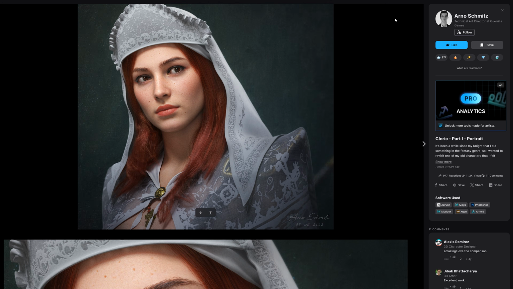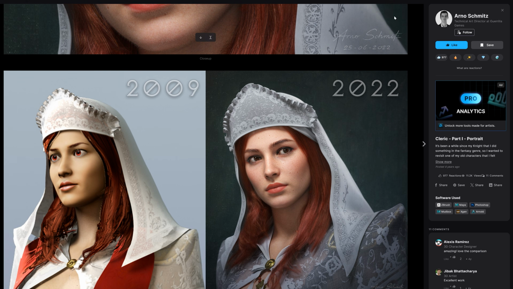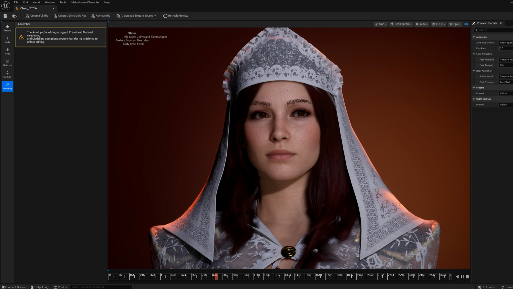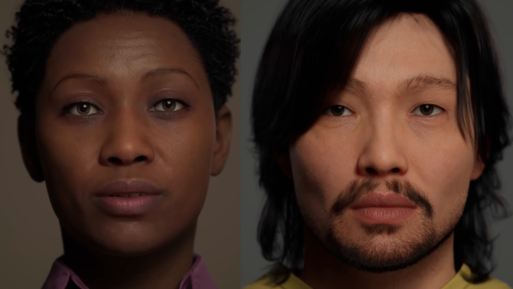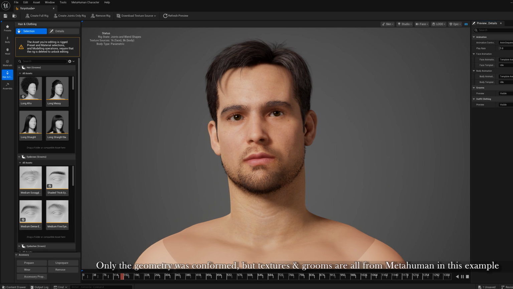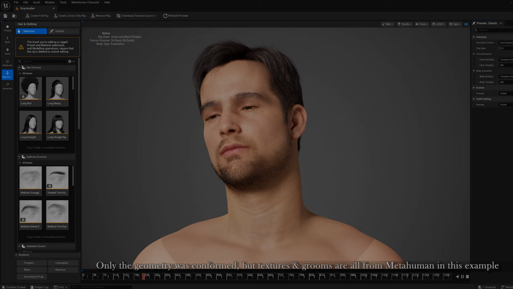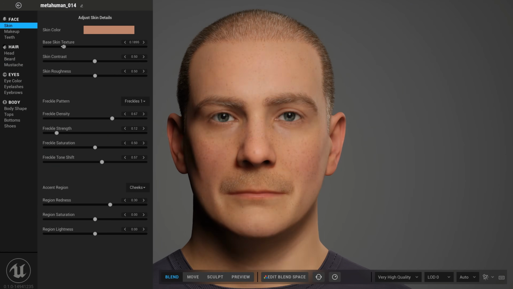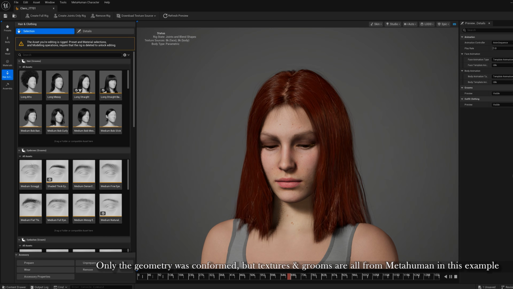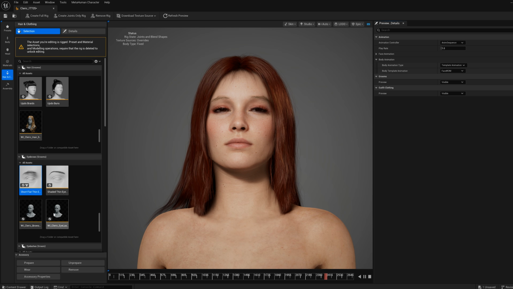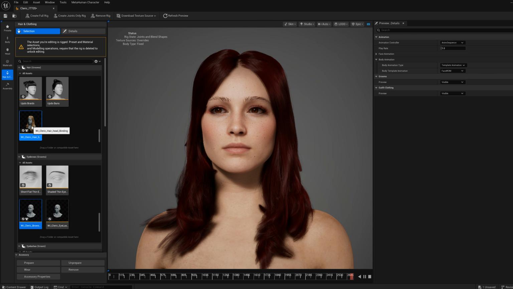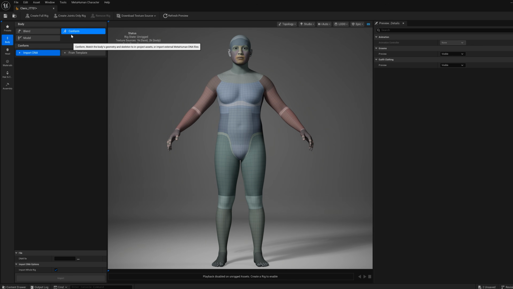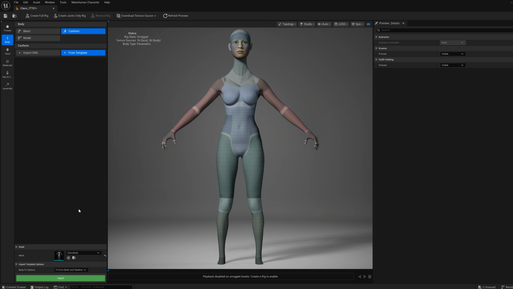For this, I chose my cleric character that I made for offline rendering back in 2022. To get her into Unreal Engine, I'm using MetaHuman Creator. There's this common misconception I often see online in comment sections that all MetaHumans look generic, but in my opinion, that mostly comes down to how they are created. If you only tweak a few settings and use existing content, they'll indeed look generic. But if you bring your own custom inputs, such as custom geometry, custom textures, and grooms, you can push them much further.